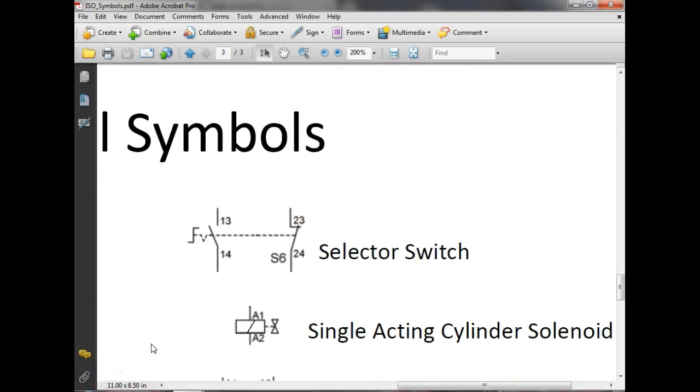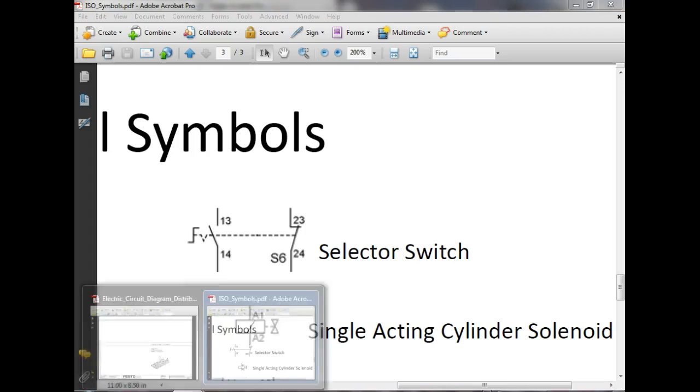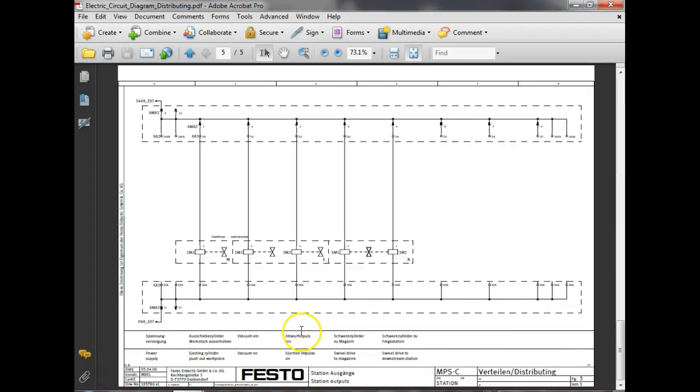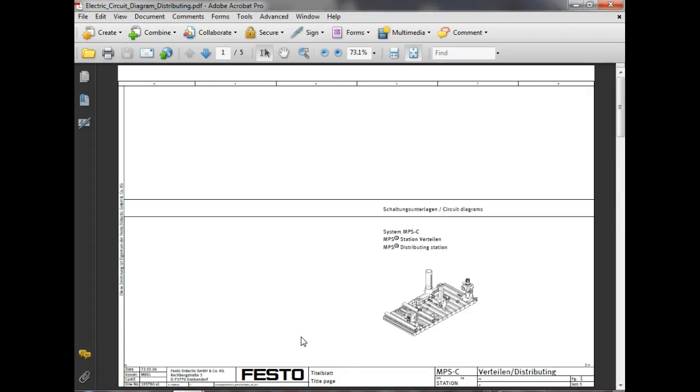International symbols, right? You understand? So these same symbols would be used in the diagrams for the Festo line. So that's what we're doing. So that one line inside that control diagram is controlling several different things, right? It's being controlled by several sensors, and I have no idea where my